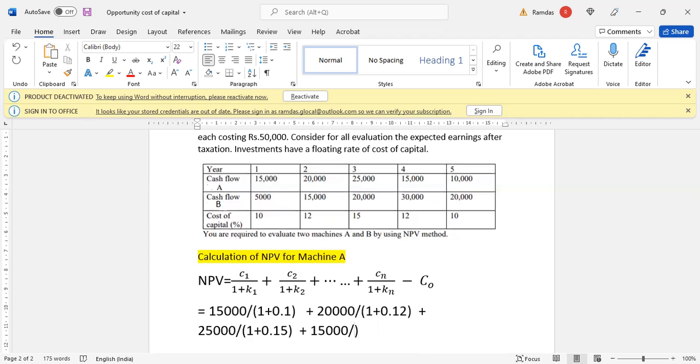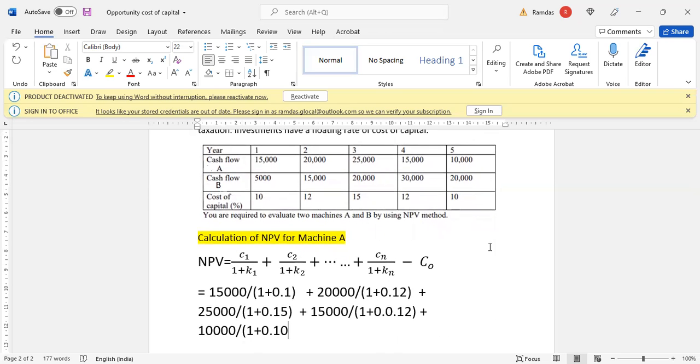divided by 1 plus the cost of capital for the fourth year, which is 12% again, 0.12. We have 1 more year, so it's going to be again plus the cash inflow of the fifth year, which is 10,000, divided by 1 plus the cost of capital, which is 10%, so it is taken as 0.10